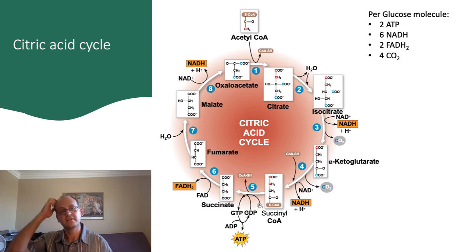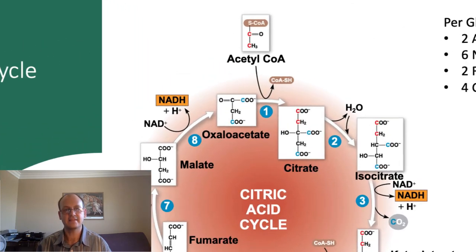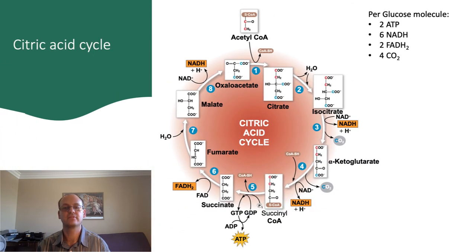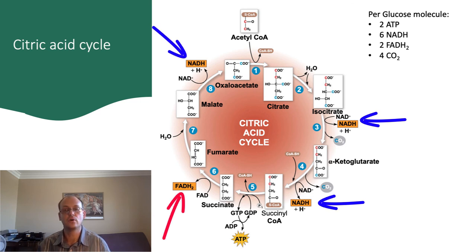Like with glycolysis, the citric acid cycle is very complex, and we don't need to worry about learning all of these reactions. What's important to learn is that as acetyl-CoA enters the citric acid cycle, it's attached to oxaloacetate to produce citrate. This is then progressively rearranged and broken down back into oxaloacetate. As this rearranging progresses, the carbon backbone gets shorter as carbon dioxide breaks off. Several of the steps involve changes in energy, and that energy is saved as either NADH, FADH2, or ATP.